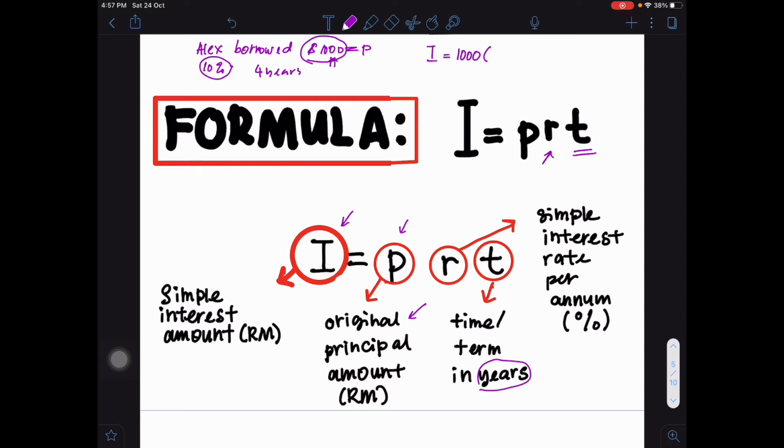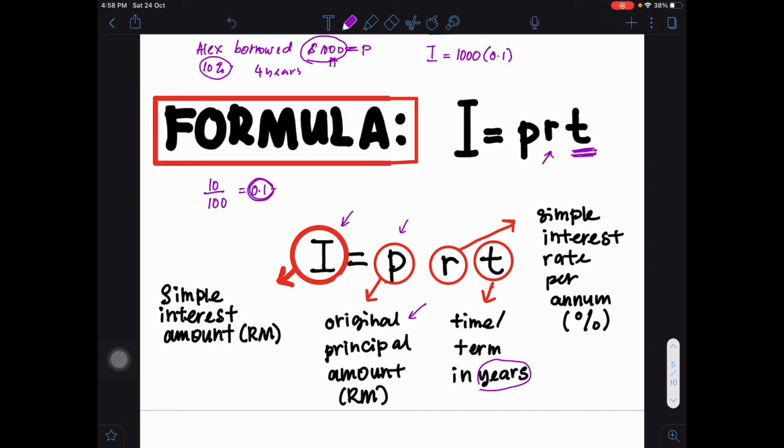Okay, R is the interest rate. Now interest rate is in percent, which is 10%. You need to change it into a fraction or a decimal number. So we know that 10% can be represented by 10 out of 100, or 10 over 100. If you calculate with calculator, you will get it equal to 0.1. So this one is the rate of interest, so 0.1 here. And T is the term of the